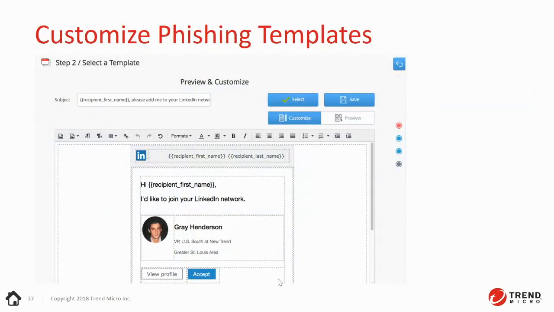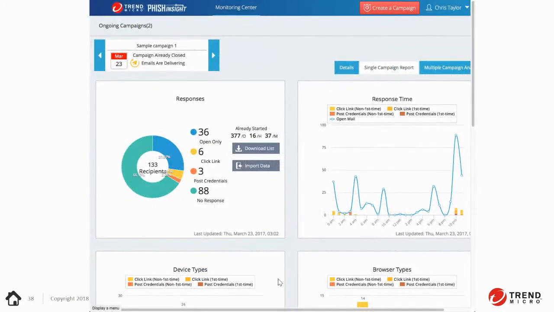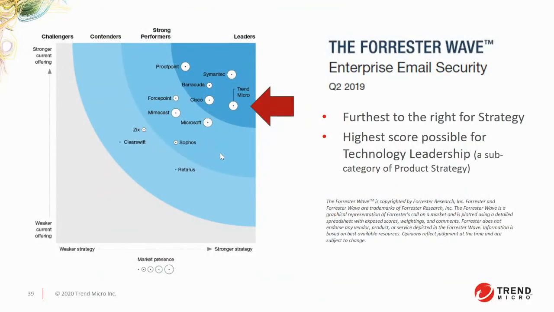You can build your phishing template, and once you send it, you will have a report that looks like this, telling you how many users opened this link, who only clicked that link, who posted their credentials, and who didn't respond. As for global reporting,